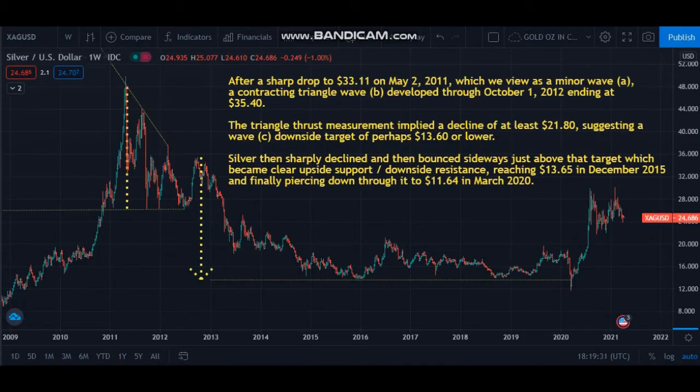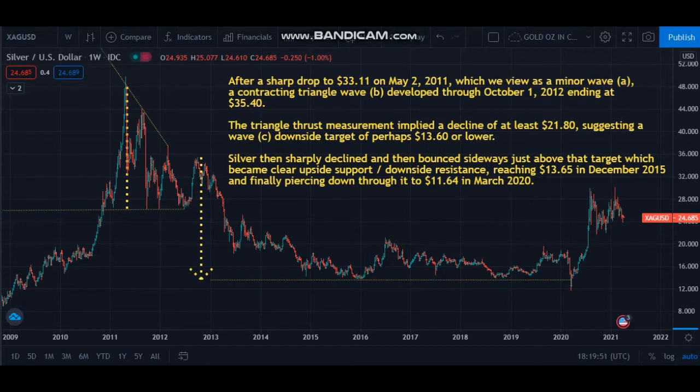After a sharp drop to $33.11 on May 2, 2011, which we view as a minor wave A, a contracting triangle wave B developed through October 1, 2012, ending at $35.40. The triangle thrust measurement implied a decline of at least $21.80, suggesting a wave C downside target of perhaps $13.60 or lower. Silver then sharply declined and then bounced sideways just above that target, which became clear upside support, downside resistance, reaching